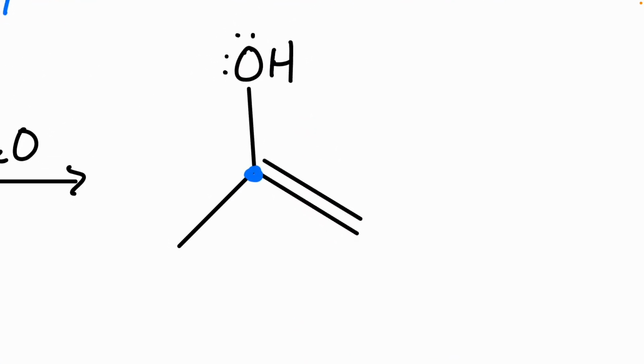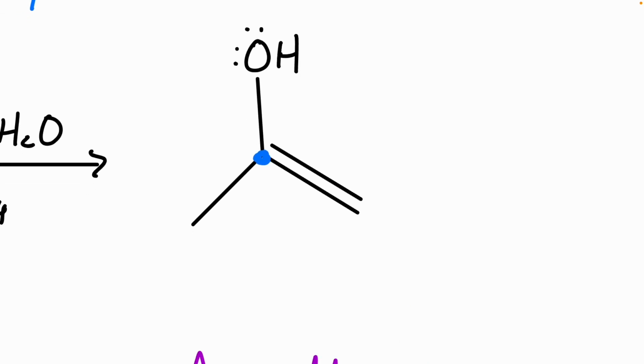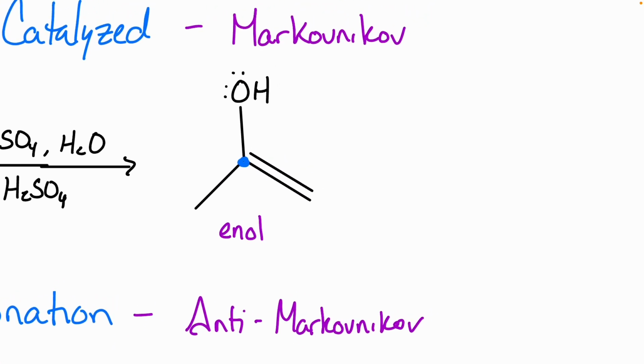Let's look here. This thing that we just made, where we put our alcohol group on there. We broke one of our pi bonds, but we still have the other one. These are what we would call enols. Ene, because of the double bond located right next to the alcohol group, the OH. Okay, so this is an enol. And unfortunately, enols are not stable, and they will immediately rearrange themselves in what we call a tautomerization,